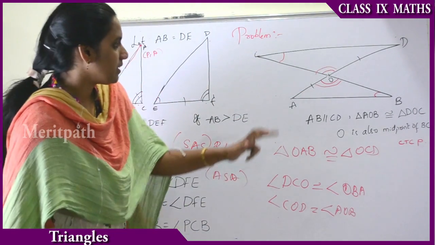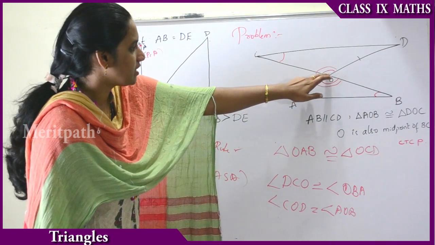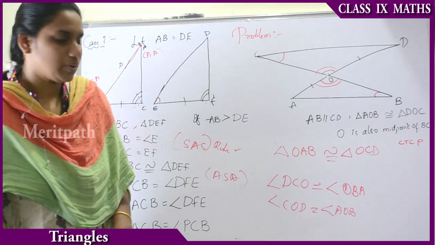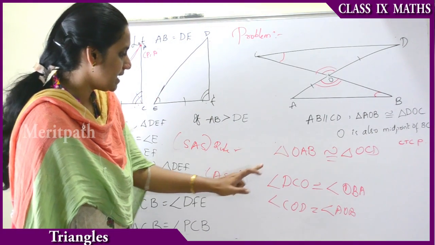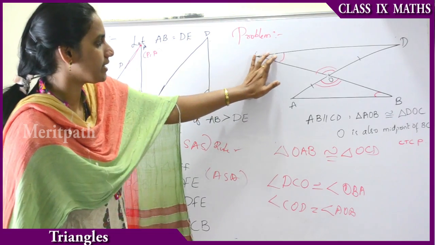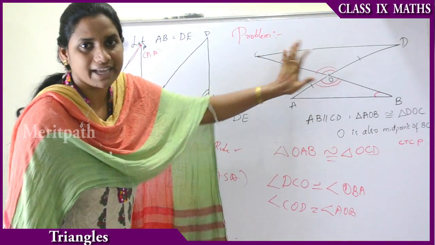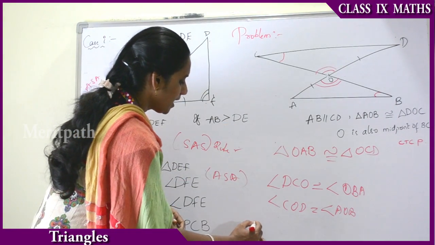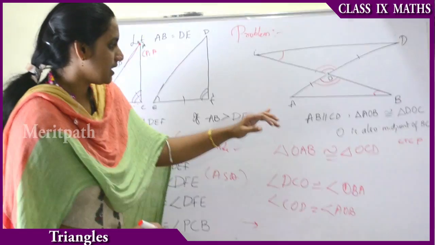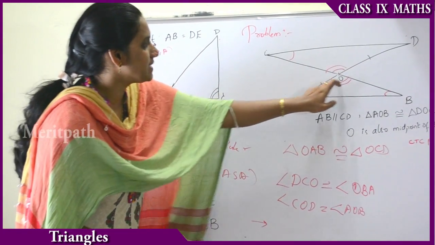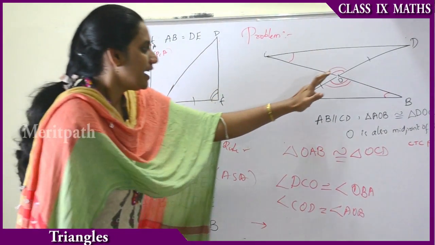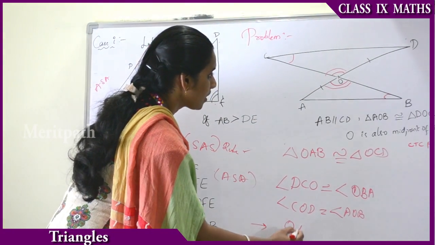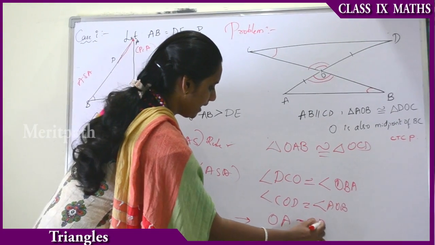See, always remember that when we are writing the angle we are representing, the middle term should be in the middle of the symbol we are noting. Now we have seen that the alternate angles are equal and the vertically opposite angles are equal. Therefore, let us follow the second step. In the question itself it is given that OA equals OD, because it is dividing the two lines exactly at the midpoint. Therefore, OA equals OD.